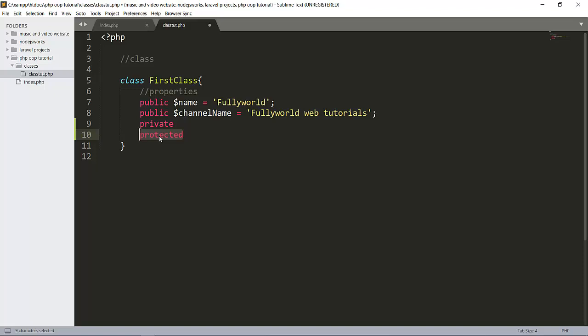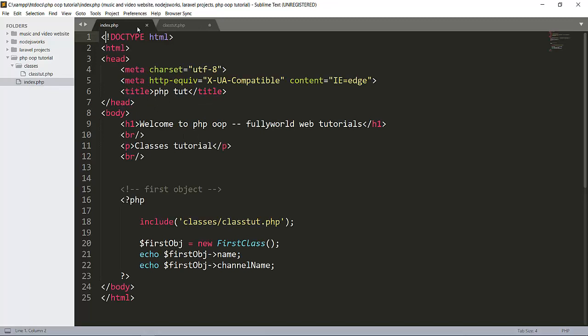So let's do the practical, so you will learn more. Let me open what I made previously. We made this public, and in index.php we created its object and echoed the public variable.